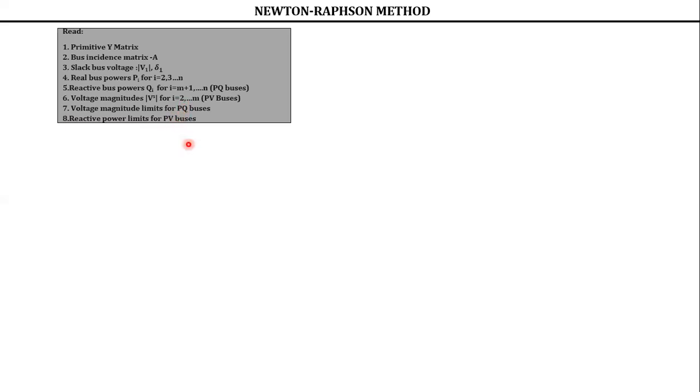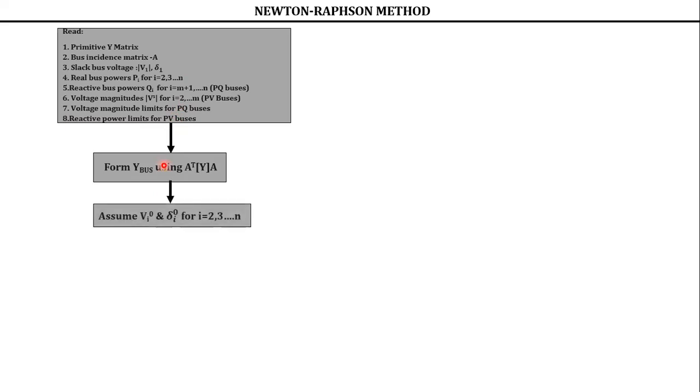In Gauss-Seidel also we have done the same thing, and then we have formed Y bus. Y bus is required whether it is Gauss-Seidel or Newton-Raphson, which is obtained either by inspection or using singular transformation. So using this you can form the Y bus. Then what you have to do? You have to assume the initial solution, that is, the initial vector. That means voltages and the voltage angles at all other buses 2, 3, ..., n. Here I am assuming only PQ buses, 2, 3, ..., n.